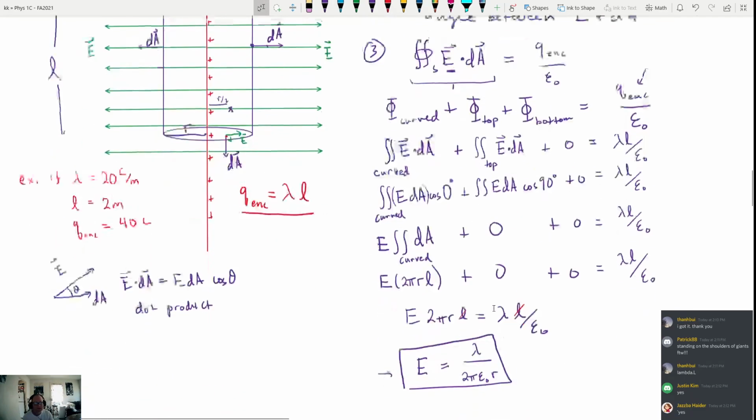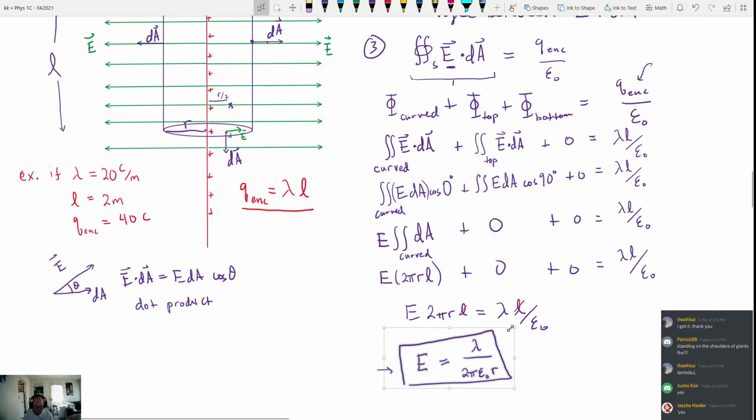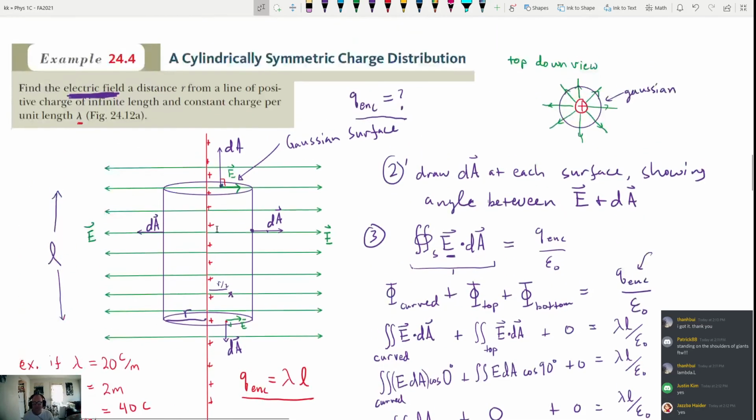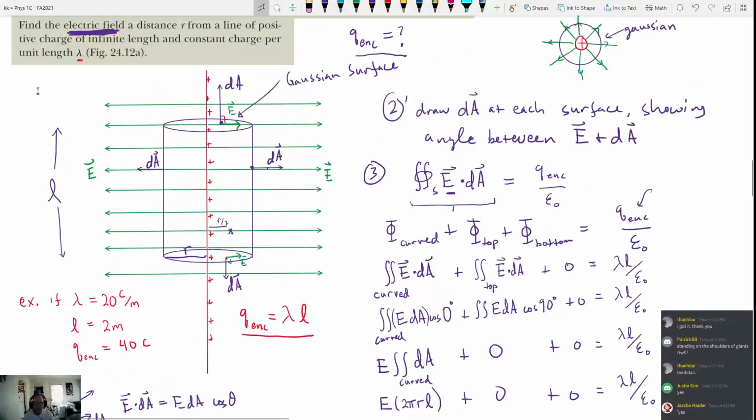Something that is very subtle about Gauss's law. I copy this so we can kind of put it up here so we can talk about this. One of the things that's very subtle about Gauss's law,